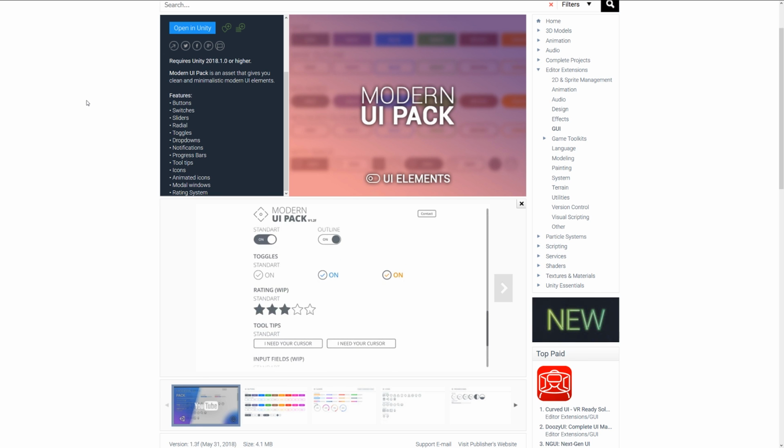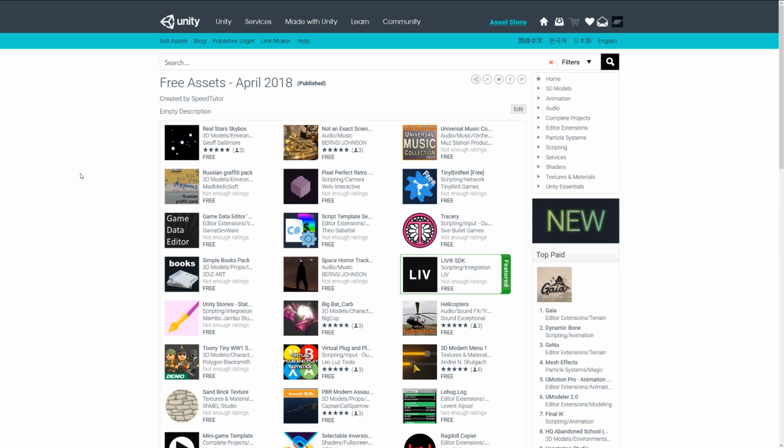tooltips, animations, and these were the top 3 editor extensions for April-May 2018,